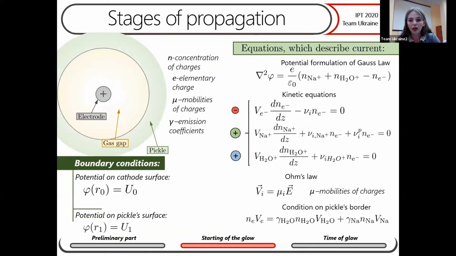Now we can write the potential formulation of Gauss's law, taking into account the continuity equation for the electrons and the positive ions of sodium and water. Also, we write Ohm's law, considering the condition on the pickle border. But to solve these equations, we need to know the first Townsend coefficient for the determined frequency of ionization, and